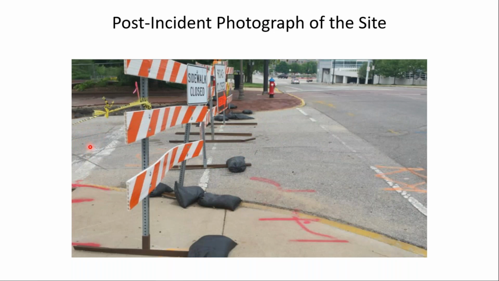So his crews always placed the barricades outside of the crosswalk, or in this case, he said behind the stop line. But also apparently this roadway, which is closed to public traffic, was the access to the construction trailer and so forth. And so there were contractor vehicles moving in and out of here. And the traffic barrier subcontractor said the contractor would move these devices back and forth and would not pay attention to where they were placing the barricade. So that's testimony. You can take that for what it's worth.